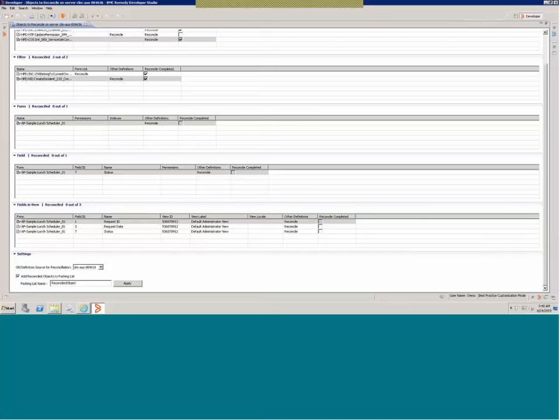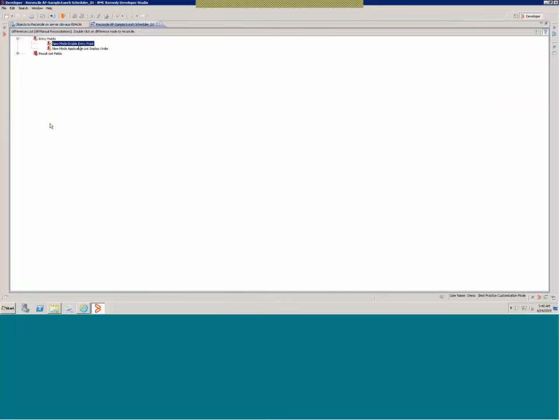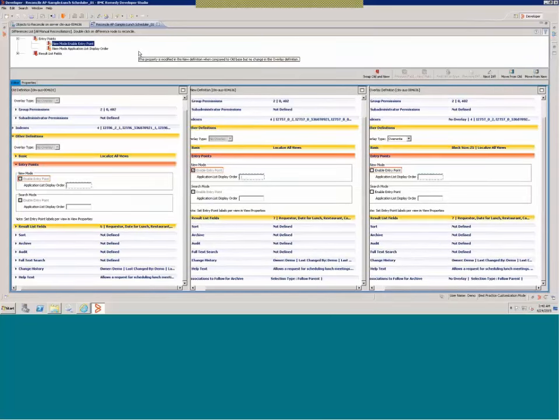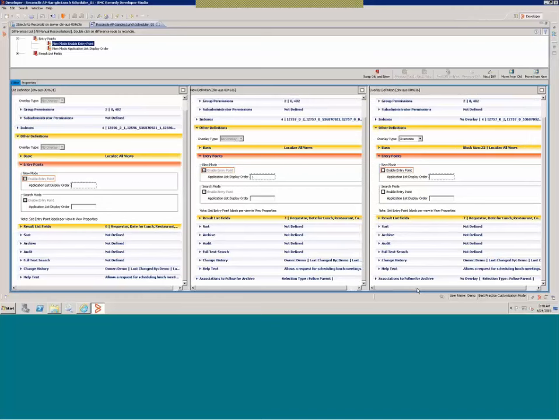So let's look at how to reconcile form. Note that the field and views are not listed here. Here you are just reconciling the property which you edit in the definition tab of the form.